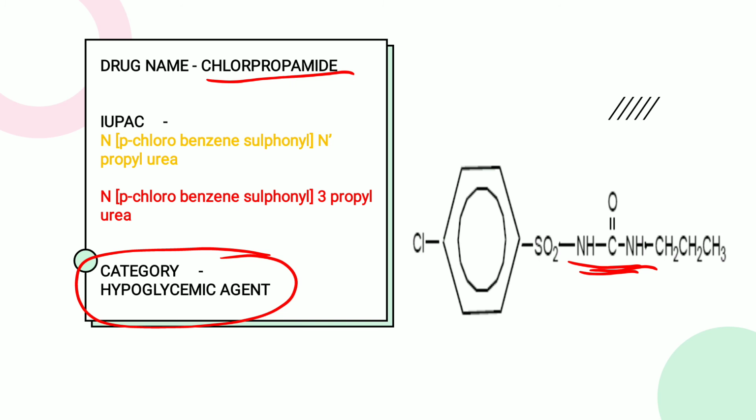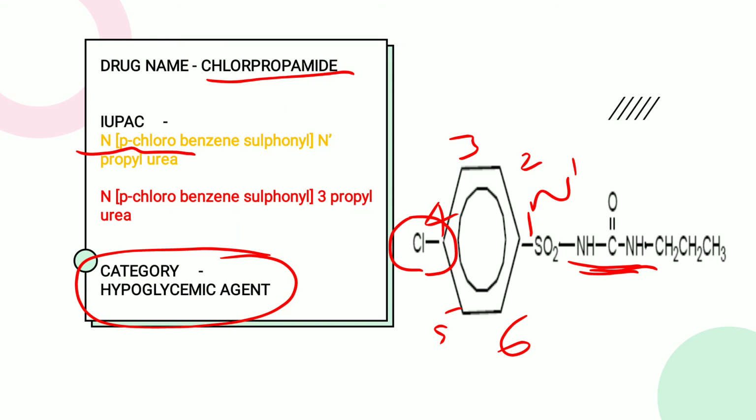The numbering on both sides will be the same because that is NH double bond O NH. There is no functional group attached on the urea from where we start the numbering. So both sides will be an N. So we mention it in the chemical name as N. This group is the phenyl ring. If we number it, there will be 1, 2, 3, 4, 5, 6. So the fourth number is the chloro. The fourth number we again mention as para position. So we write here N bracket para chloro.